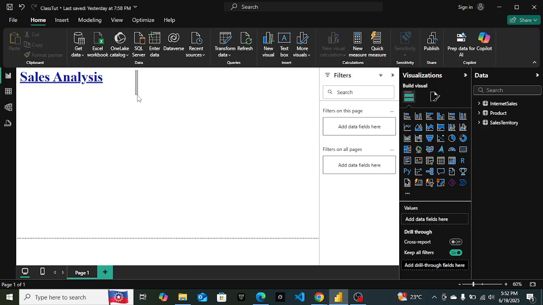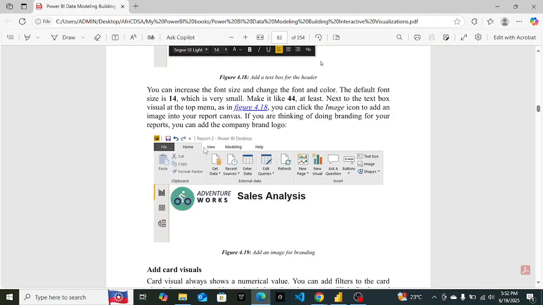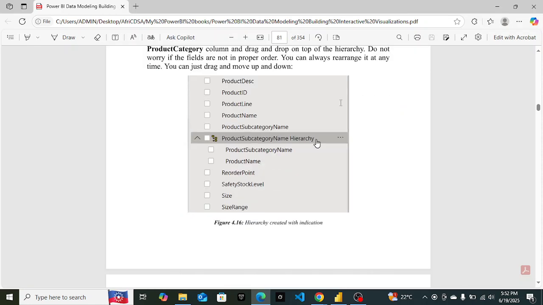So that's it concerning heading. You can also add a logo. You can increase the font size, change the font and color. The default font is 14, which is very small, therefore make it 44 or at least 44. And then next to the text box,